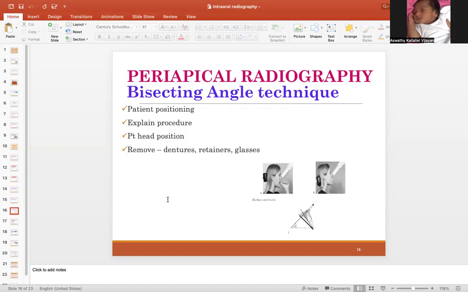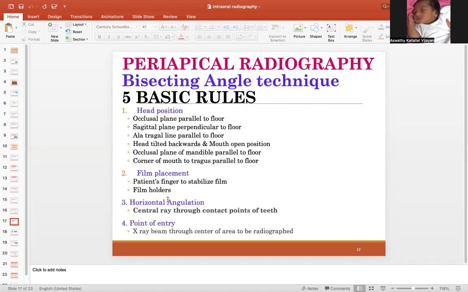The patient should be positioned. Before taking the radiograph, the patient should be explained about the procedure. The head position should be stable, and all types of foreign objects, dentures, retainers, and glasses should be removed. The occlusal plane should be parallel to the floor and the sagittal plane should be perpendicular to